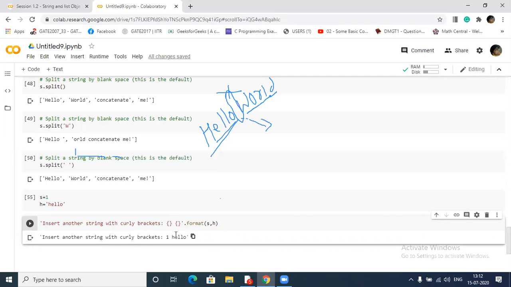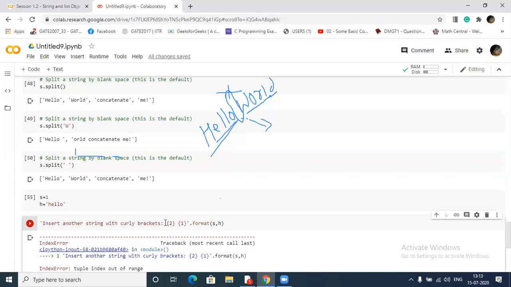Suppose I want to print h first and then s. What is the respective position of this? 1, and of this? 2. So first I will write 2, and then I will write 1. I think it will give an error. Yes, why did I get an error? I have to put 1, because I went through this problem.